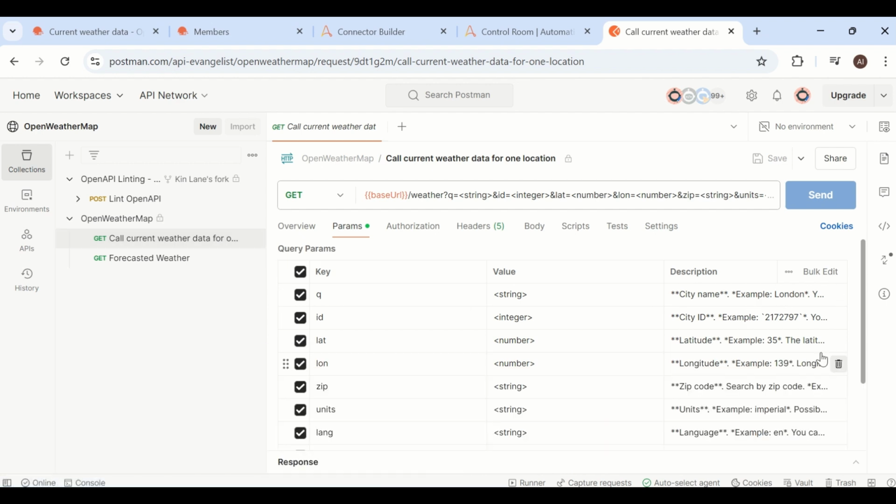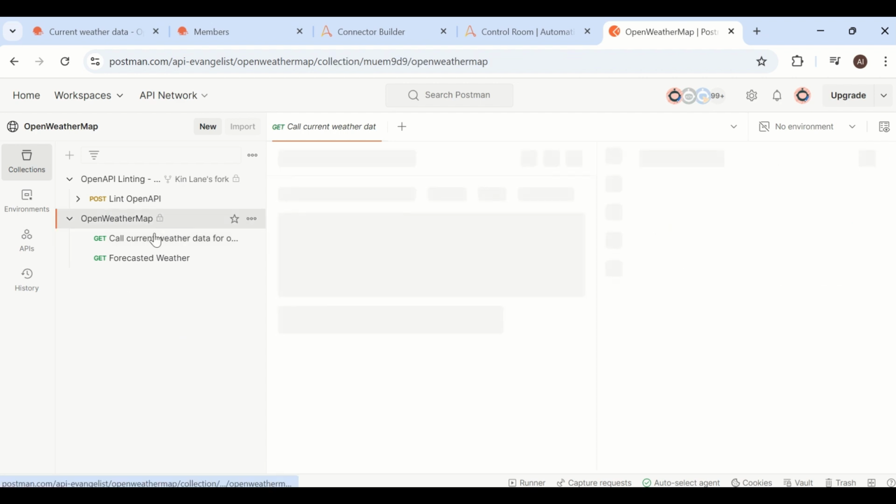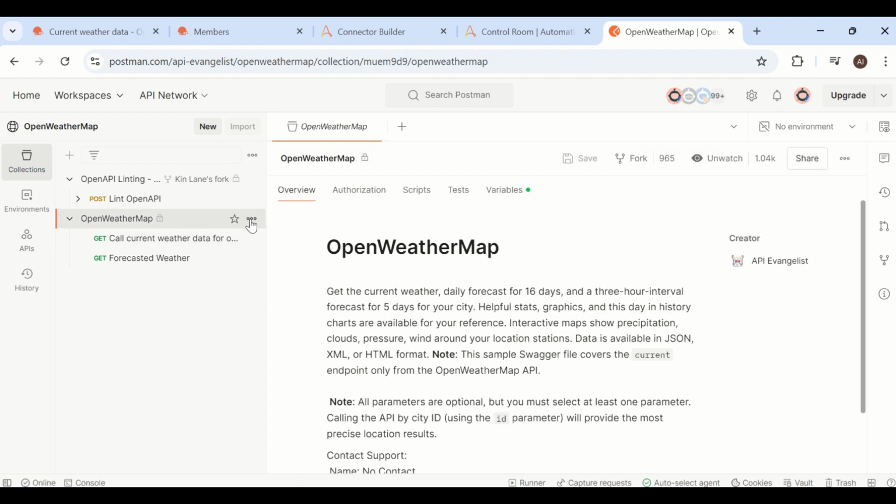For example, if you see here, I have city ID, latitude, longitude, zip code, but I don't need exactly that, right? So you can filter it out here itself, or you can import into Automation Anywhere and filter it out there. Let's take it as it is, then we will see how we can filter it in our Automation Anywhere custom package. Okay, so let's take OpenWeatherMap and click on this three dot menu,